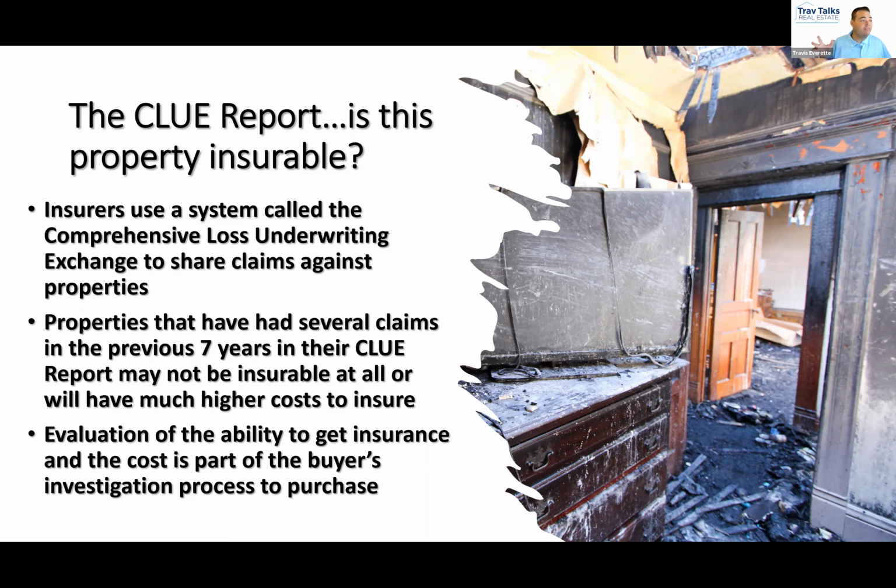And basically, every time a claim is paid against a property, the insurance companies upload the details about that claim. Here's what that prevents. If you have a property where there's 3 or 4 claims for loss, and the insurance company drops that home, it prevents either that owner or potentially the next owner from being able to just go to a new company and get a new policy as if nothing ever happened. Does that make sense for everybody? In other words, the claims are not going to follow the people, they're going to follow the property. It's almost like they're pertinent to the property.